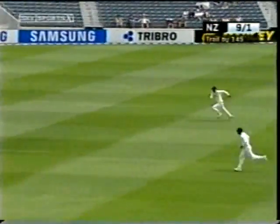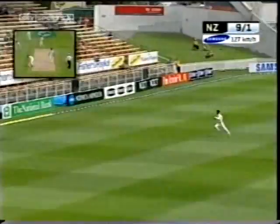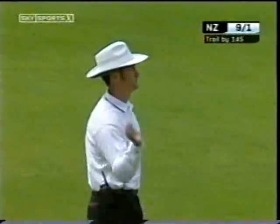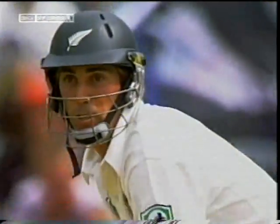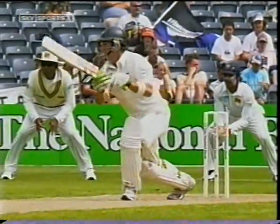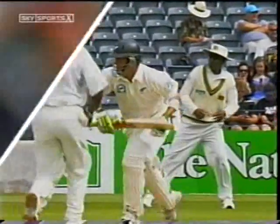That's Sinclair, very controlled through extra cover. That's a beautifully timed shot without too much effort at all. That's certainly the strength of Matthew Sinclair, and I think if he spends another hour or two out there, we'll just see a flurry of boundaries through that region. It's his bread and butter, if you like, and if he keeps this up, New Zealand will go a long way towards getting that